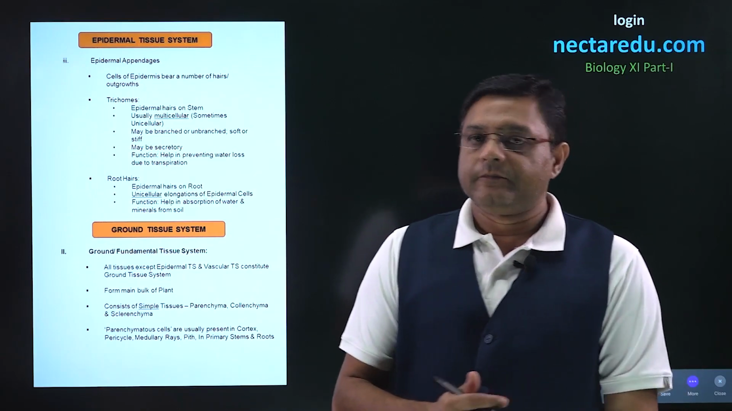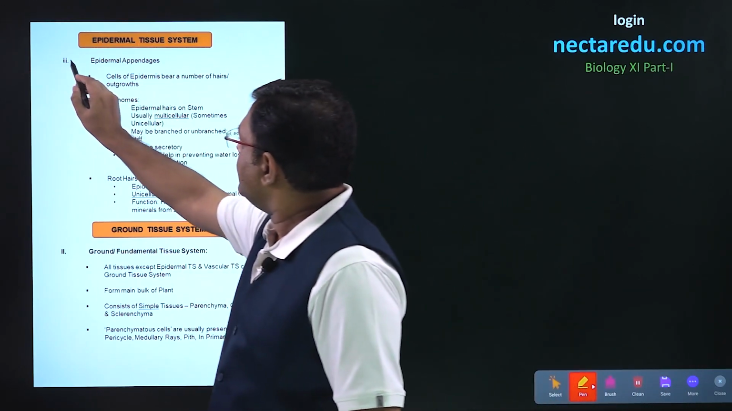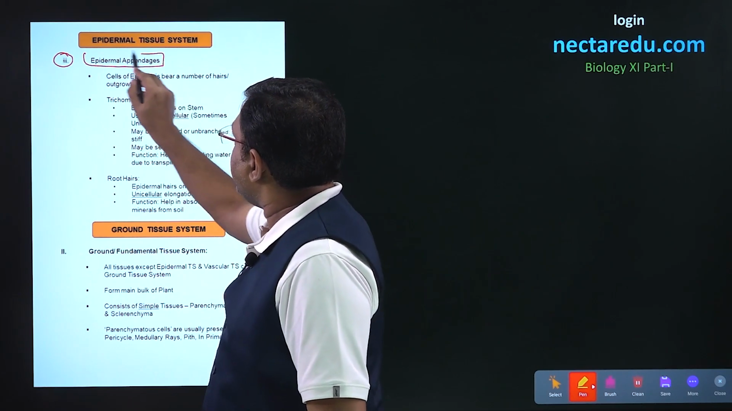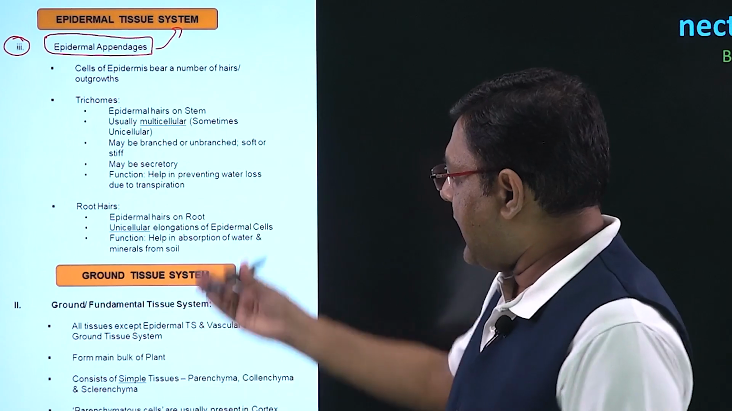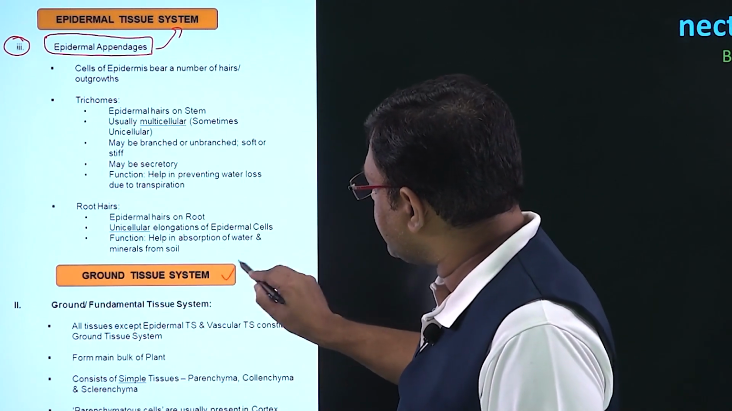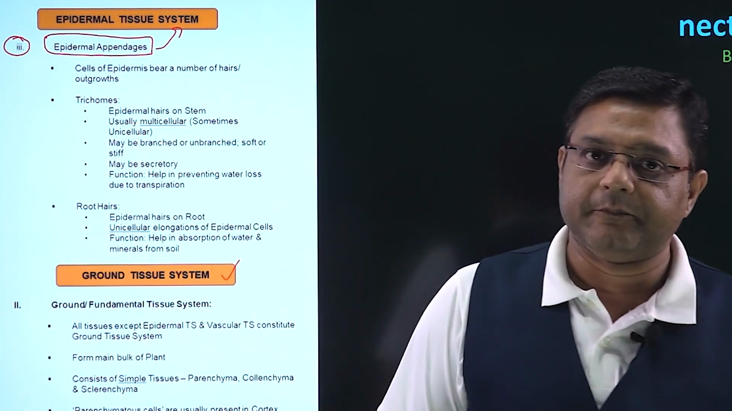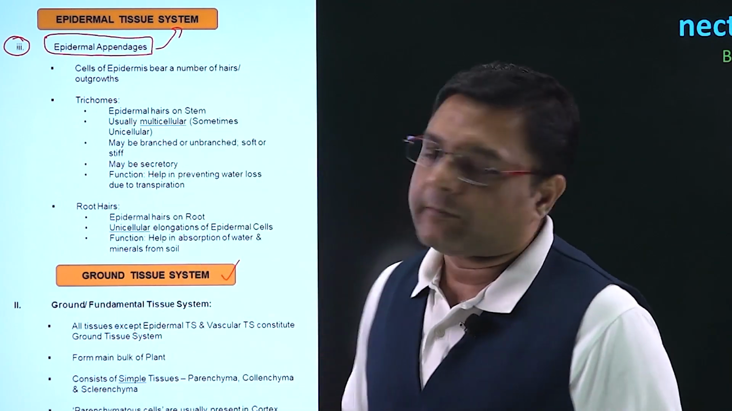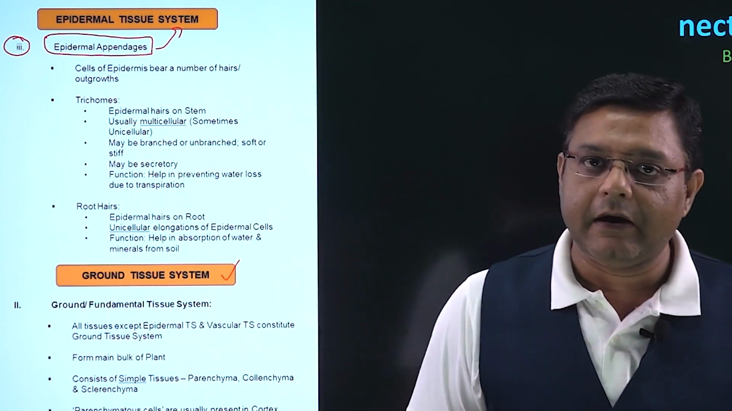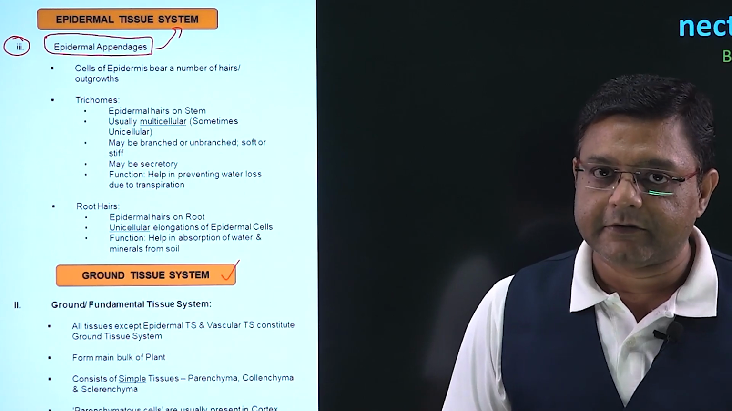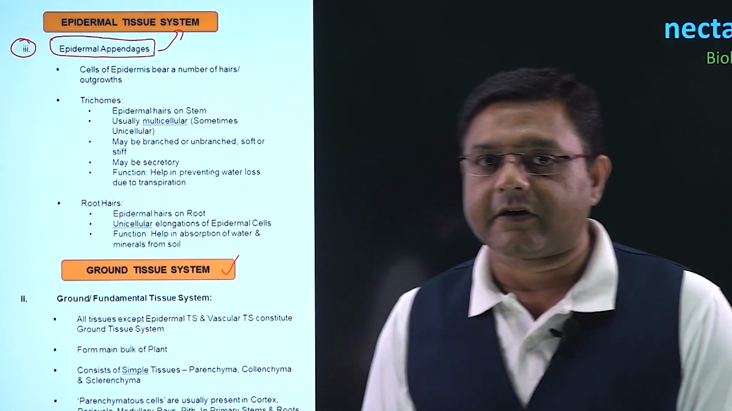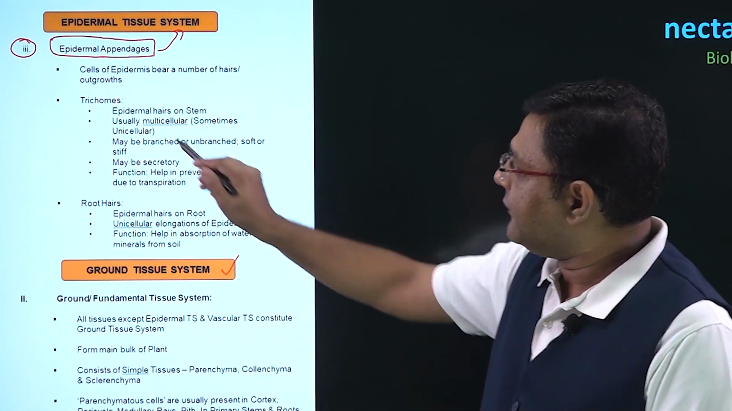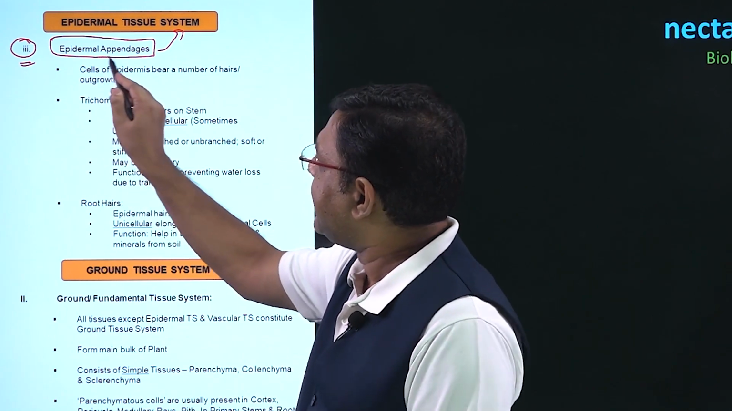In this particular video, we will look into the details of epidermal appendages, which are a part of epidermal tissue system, and some part of the next tissue system, that is ground tissue system. Talking about epidermal tissue system, it has three parts. The first part is epidermis. The second part is stomata. Both of these parts were covered in earlier videos, and we are looking into the third part, that is the